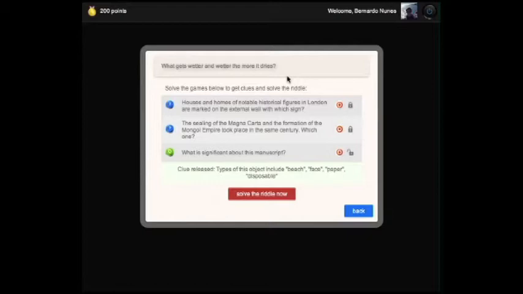Now let's pick a different subgame. As you can see, Treasure is not strictly linear, and the player can play any game in any order they wish. These clues released by the games may or may not be descriptive of the answers to the riddle. Behind the scenes, we statistically determine those clues that are more descriptive to solve the riddle and semantically enrich the